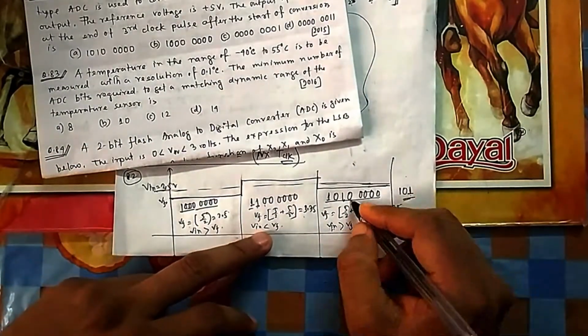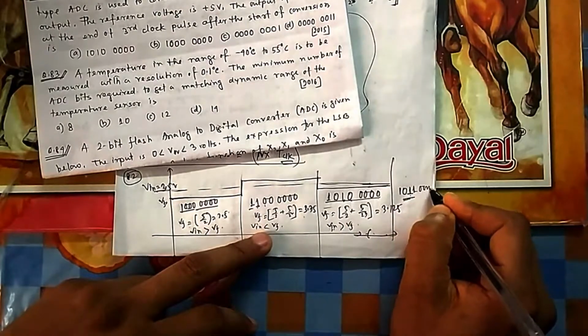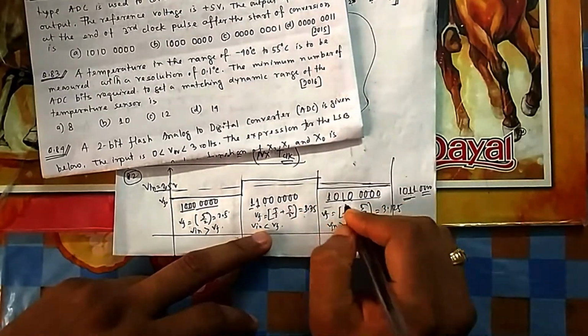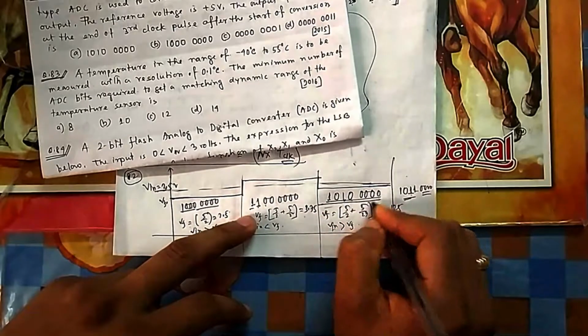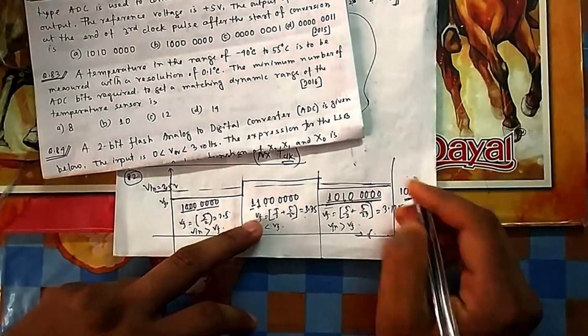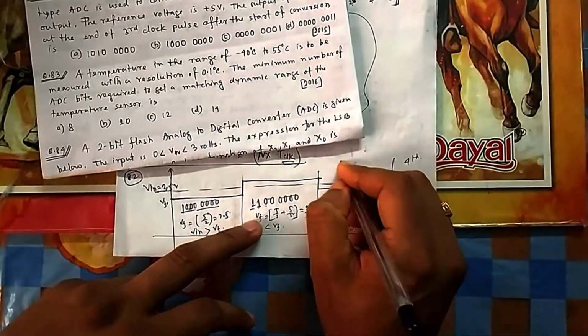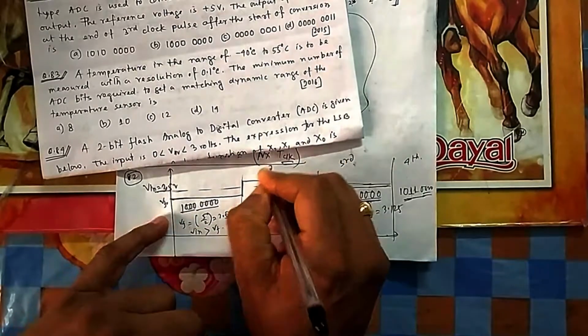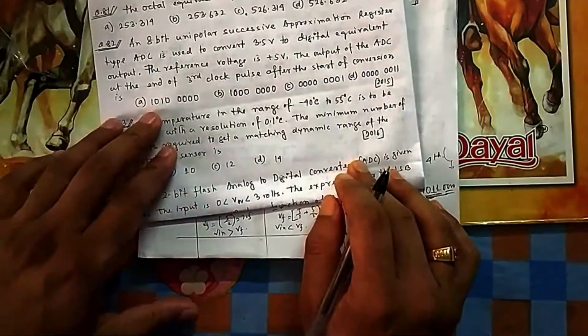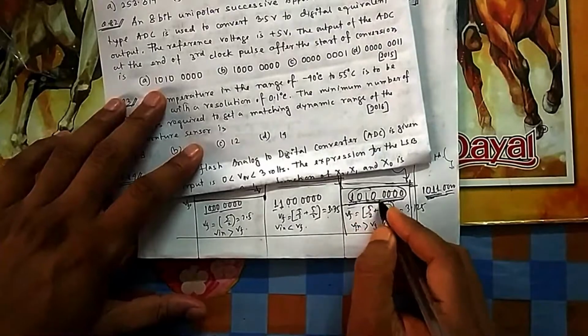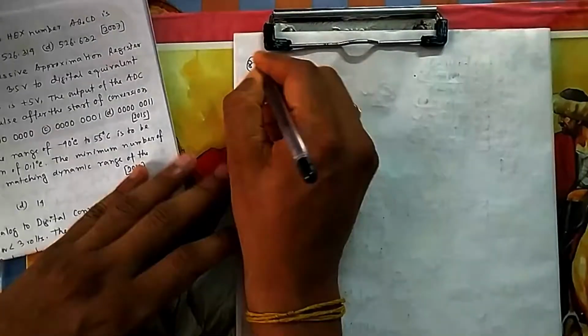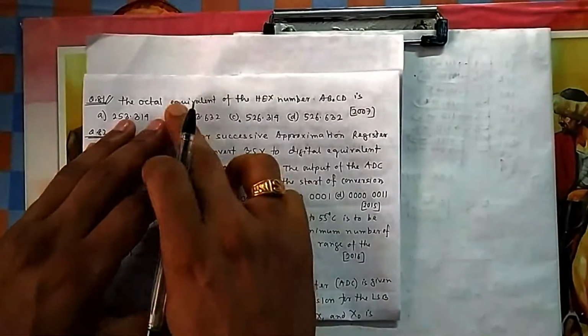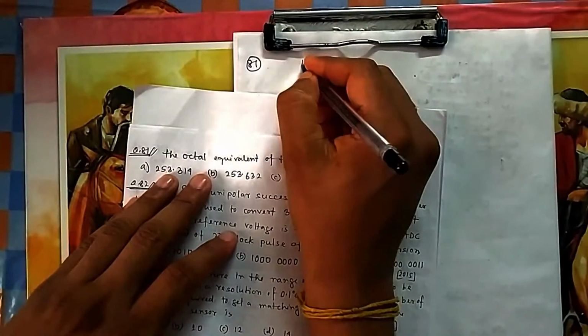If I give the fourth one, then they will make this one 4 and then this, and then I will compare. So just after 3 clock pulses, it will stop here. This is for the fourth bit, this is the third clock pulse, this is the second, this is the first. Your output is option A, 1 0 1 0 1 0, then 4 0. So 81. Now, this question asks for conversion from a hex number to an octal number.